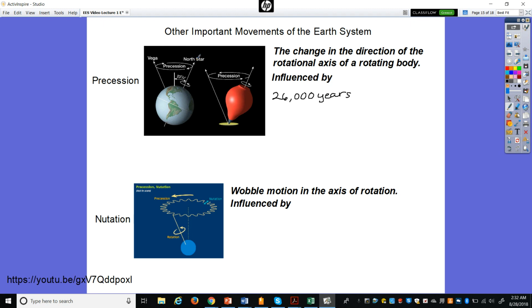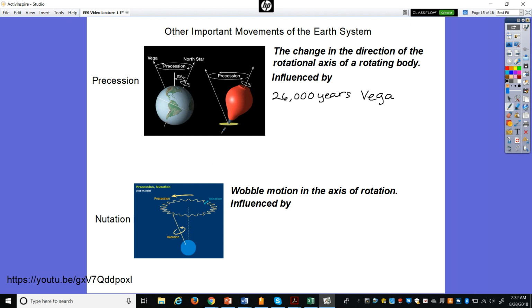Instead of the North Star in the polar north sky, it's going to be Vega, will be our North Star, so to speak. And then in another 26,000 years, it'll swing back around, and it'll go back to Polaris, the North Star. And this is called precession, this movement. The Earth is spinning, spinning, spinning, but as a whole system, the axis is actually making a circle. And that's precession.